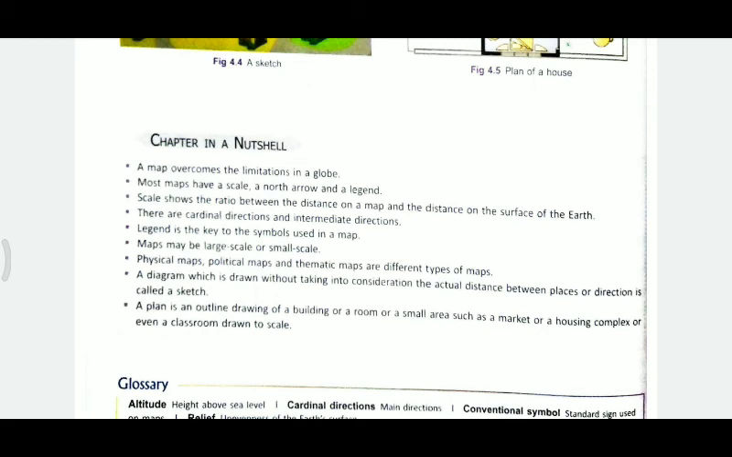Dear student, scale shows the ratio between the distances of two places. Meaning to say, if two places have 10 kilometer distance between them, then this line shows